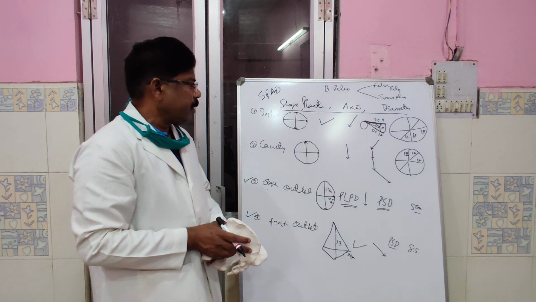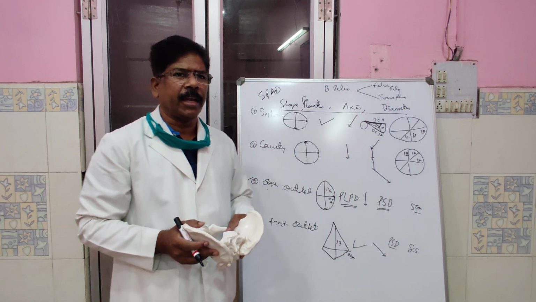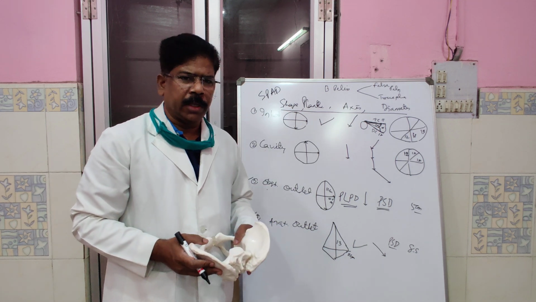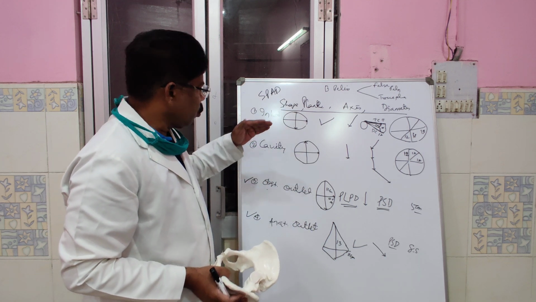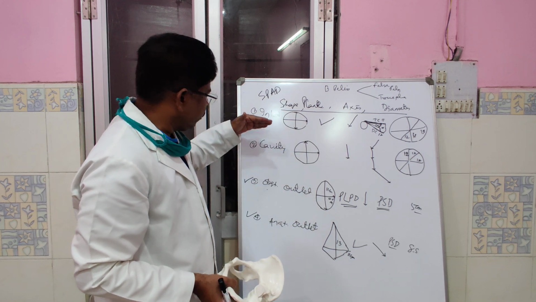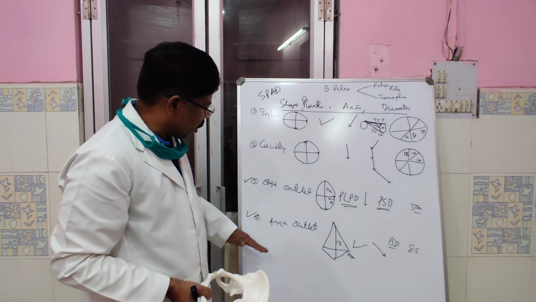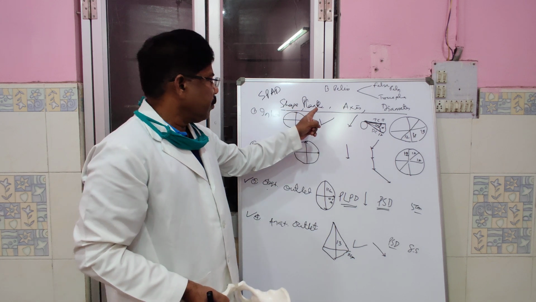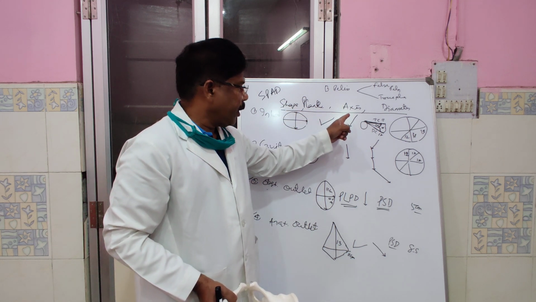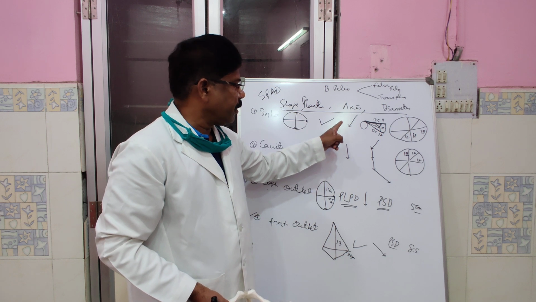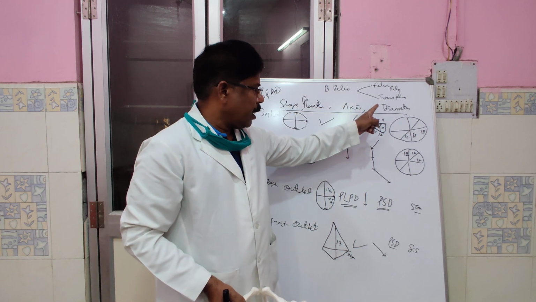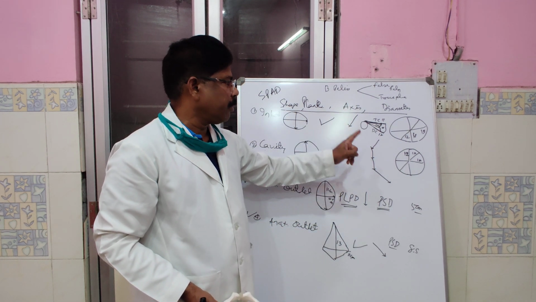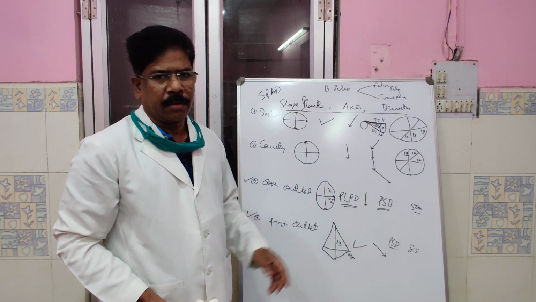This is no doubt one complex thing as far as the pelvis is concerned. But as a postgraduate, you must know the details about the true pelvis, and inside the true pelvis you should know what is the inlet, what is the cavity, what is the obstetrical outlet, and what is the anatomical outlet. Regarding all these, you should know the shape, where is the plane, where is the axis, and what is the direction of the axis. The postgraduate must also know the diameters, and it is better for the undergraduate also to mug up the diameters and try to understand the things. Thank you very much.